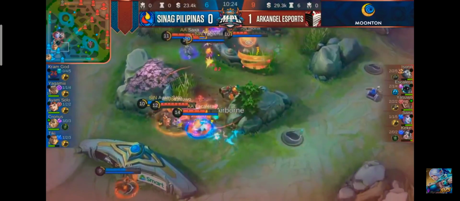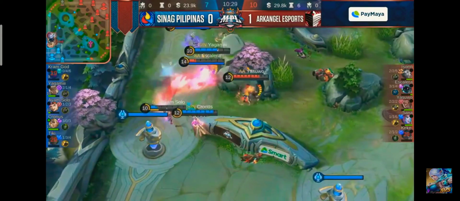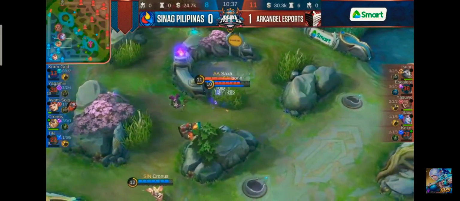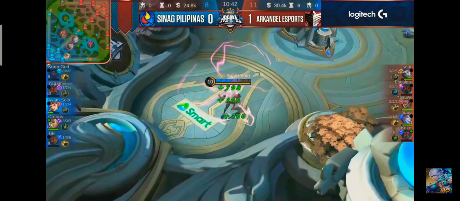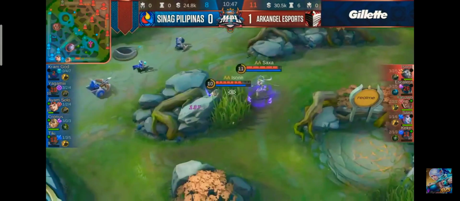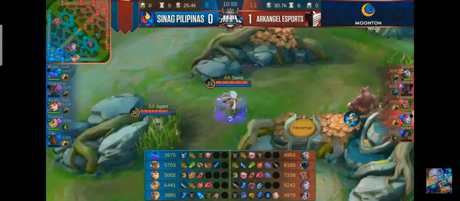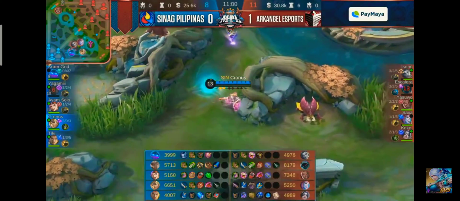Now the last is Sally trying to see if he can do some damage, but solo is not going to be enough to take that. And a killing spree for Escalera on that will be shut down immediately by the show. And answer for answer, punch for punch is happening right now for ArkAngel Pilipinas. ArkAngel starting to lose some of that momentum, and they're giving SINAG Pilipinas some ray of hope here. Balmont not really able to do anything at that point, and yeah, ArkAngel Esports, they're having a bit of a problem,